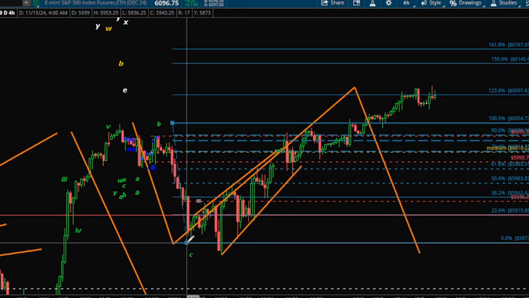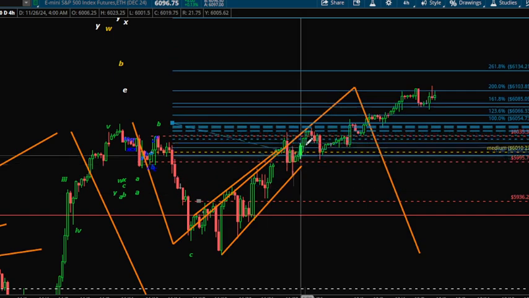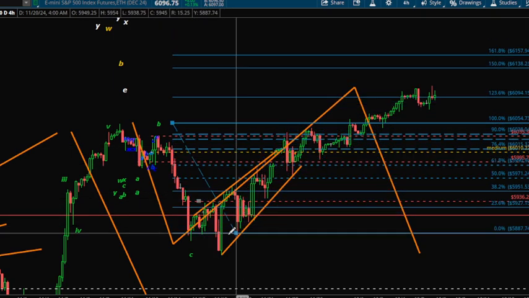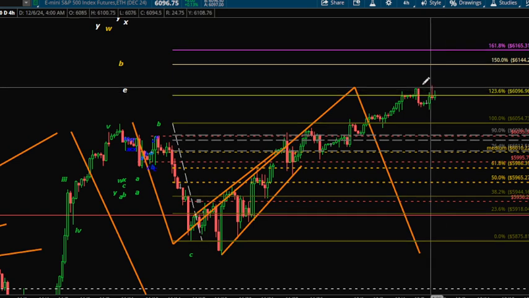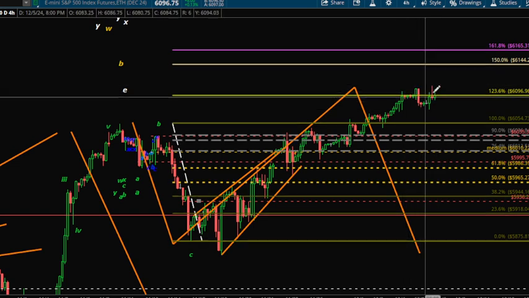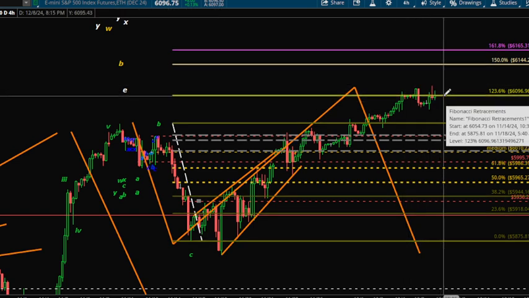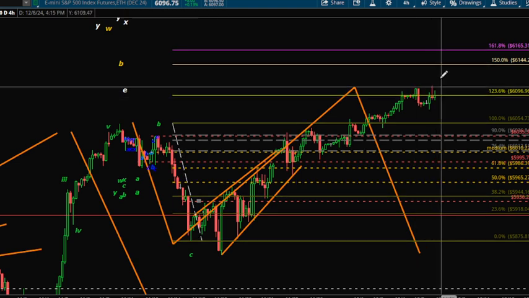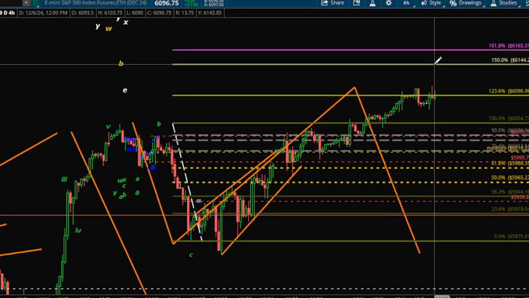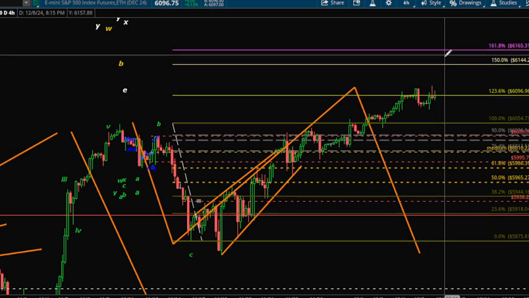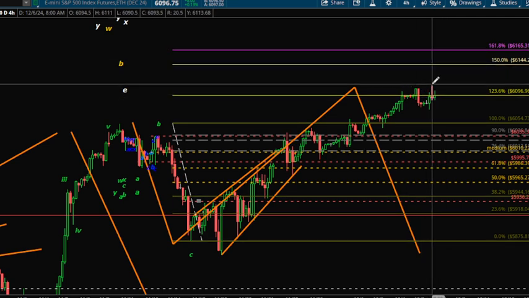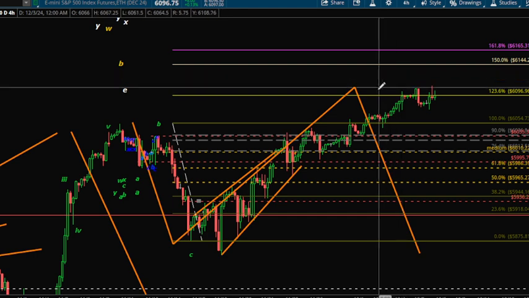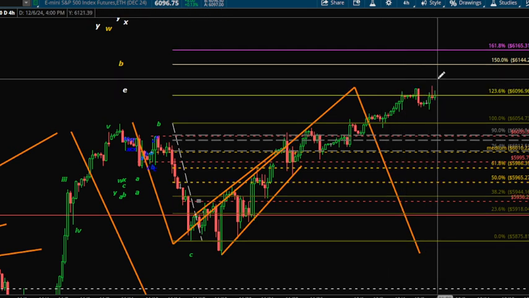And I'm measuring here because I've already done the internals on this move up, and it's another expanded flat. So there we go. Gives us the 123 right here, and you can see we're using it as some support. So if it breaks it, then it's going to go a little higher to the next fib. So these fibs are still in play, and we could see some moves higher. But like I said, I'm anticipating a move down, and